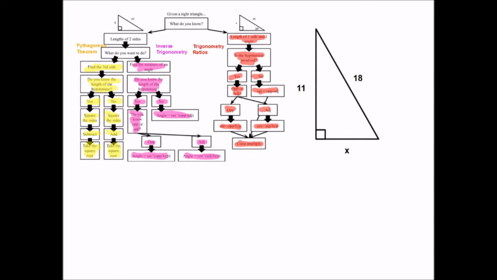Right, so let's start with this one. What do we know other than it's a right triangle? We have 11 and 18 as two lengths of sides, so we know the length of two sides. What do we want to do? This x is asking us to find a third side, so we're going to go this way. Do you know the length of the hypotenuse? So look across from the 90-degree angle. Yes. So we're going to square the sides. 18 squared, 11 squared,